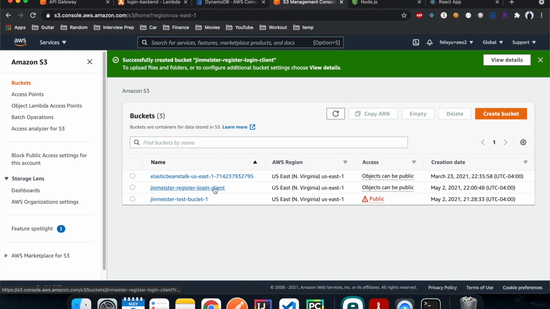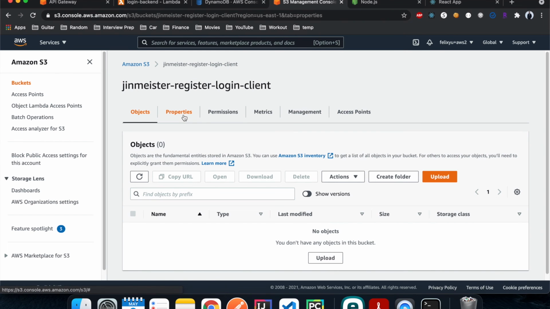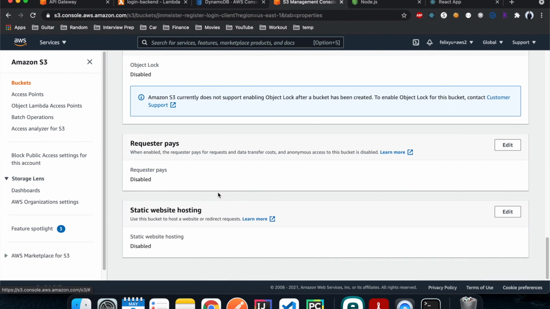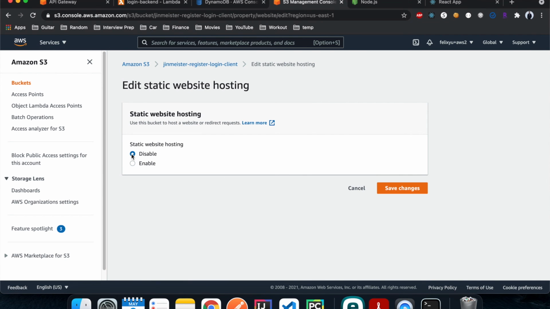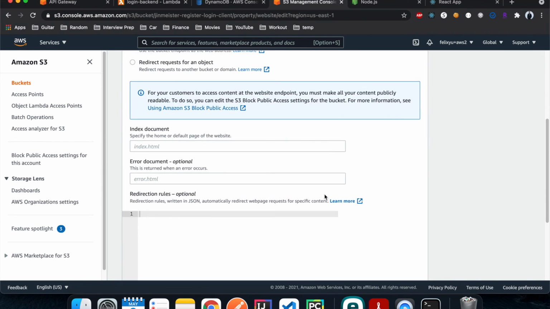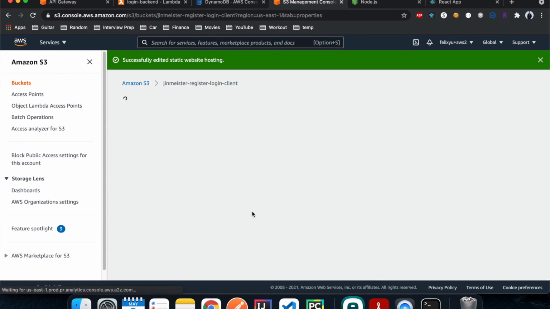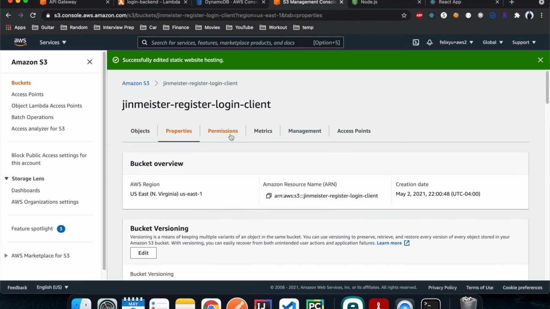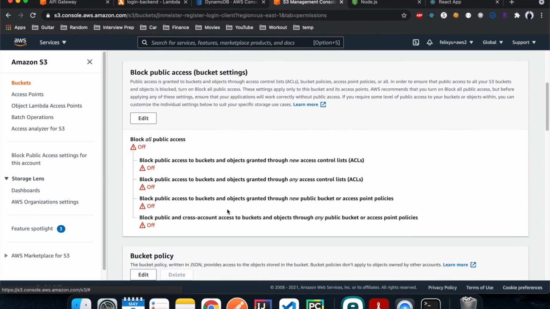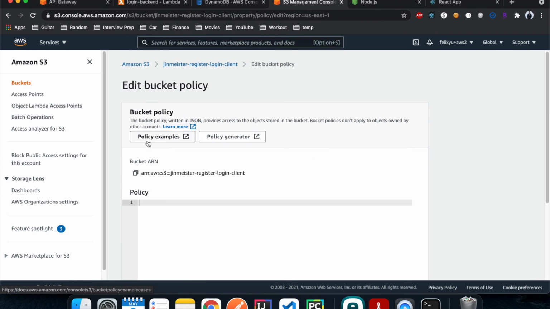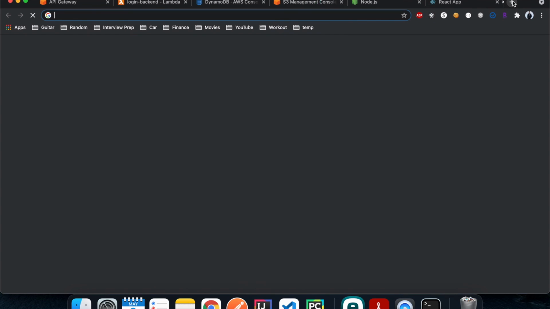And then we're going to get into the bucket, do properties, and then scroll all the way to the bottom. Under static website hosting, we're going to do enable. Here we're going to do index.html. This one is also index.html. Save changes. And then under permissions, inside bucket policy, we're going to hit edit, and then we are going to